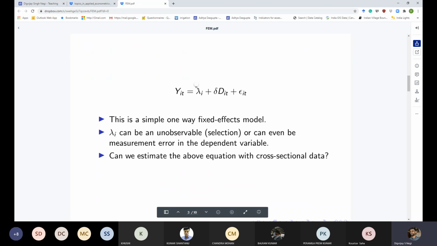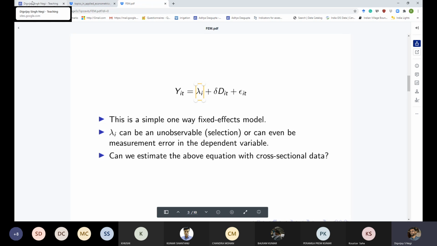These lambdas can be many things. There can be one omitted variable, or there can be multiple omitted variables. These lambdas will capture all of those. It's going to give you a linear combination of all those things. You cannot separate those into individual components, and I will do these things in Stata now.